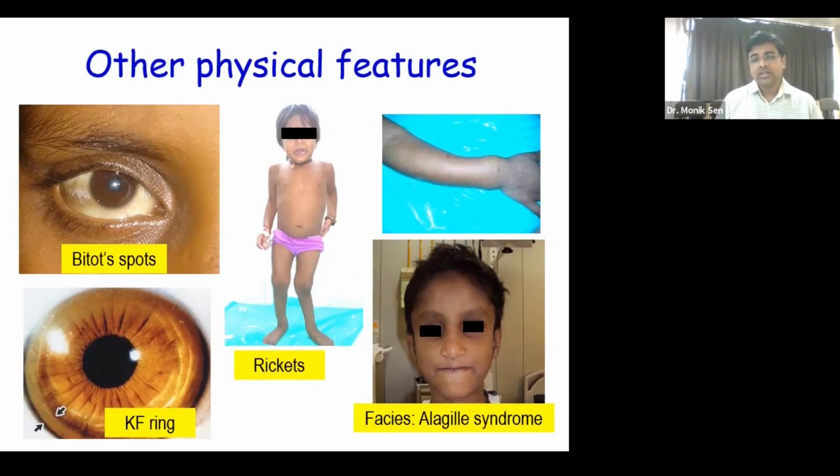Then you have some important features like the Kayser-Fleischer ring, which may be seen on naked eye or on slit lamp examination in Wilson's disease. There are some other features also. For example, autoimmune liver disease has autoimmune skin manifestations like vitiligo, leukoderma, psoriasis, and acne. These are features in autoimmune liver disease, and there may also be features that may suggest